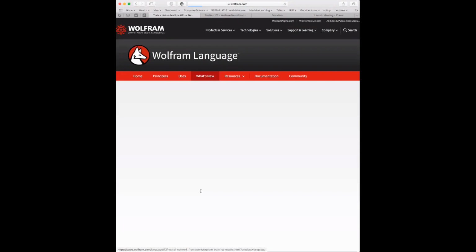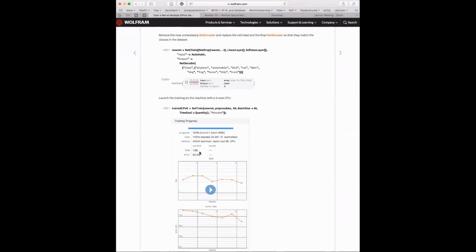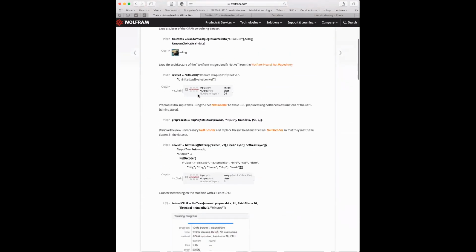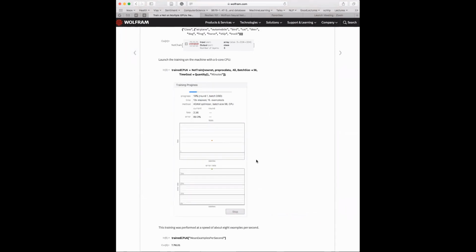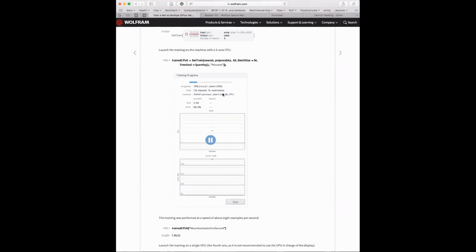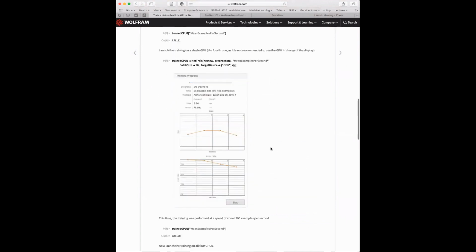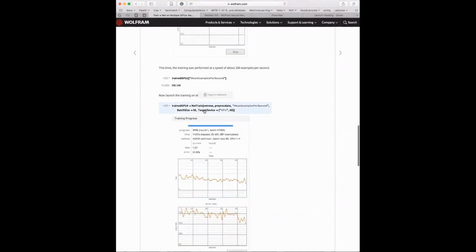Okay, and so this example is about showing how training on multi-GPU is faster. This is one training on 6 CPU, and it's pretty slow. Okay, 15 examples per second only. All right, this is a training with 1 GPU. So now we are at 435 examples per second. That's quite a bit better. And this is a training on 4 GPU, which, by the way, is just the target device that